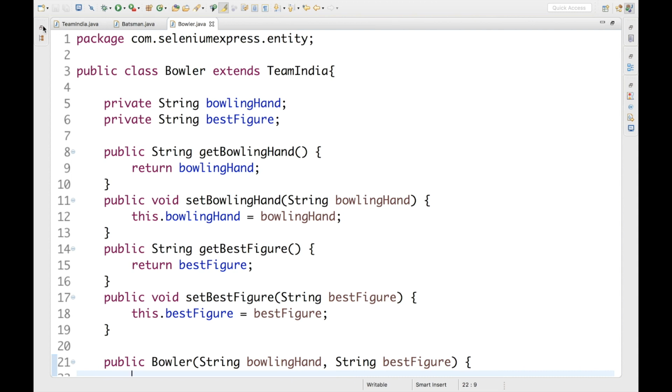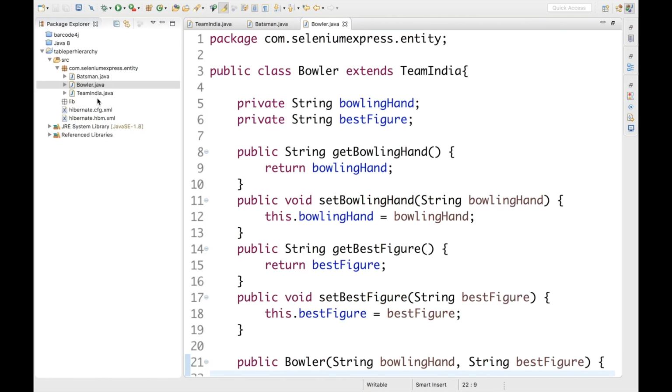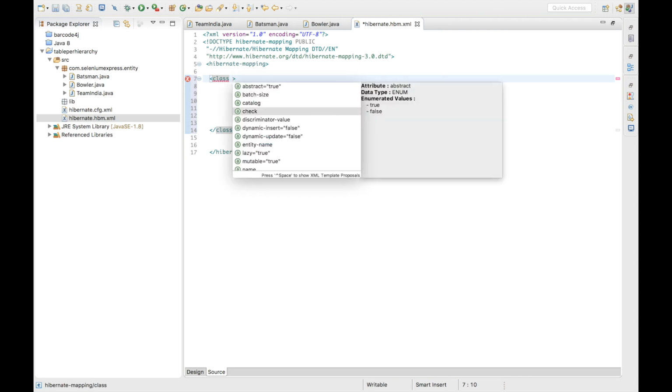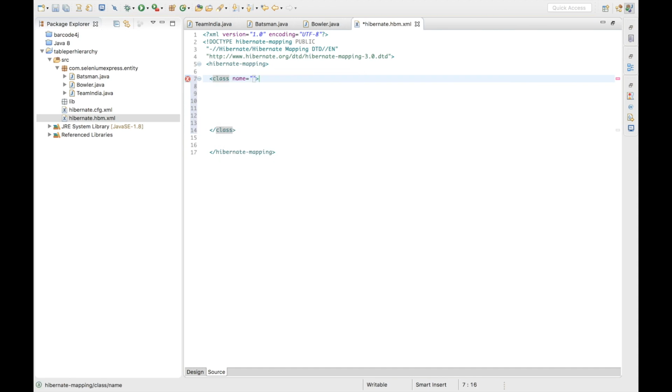Let me go to my project explorer and click on my sbm.xml file. You can see there's a basic file that I've developed over here. There is no mapping done over here, so let me quickly map everything. The first thing that I'm going to do is mention my class name over here and the corresponding table as well. So let me click on name. My class name is